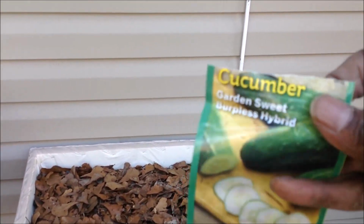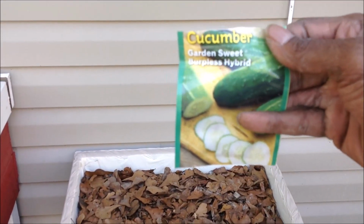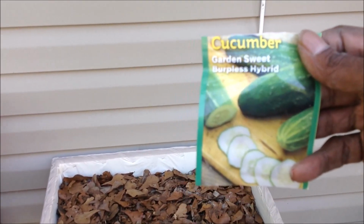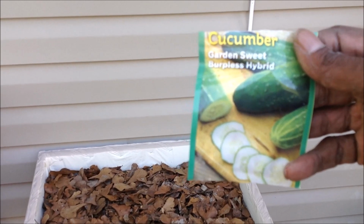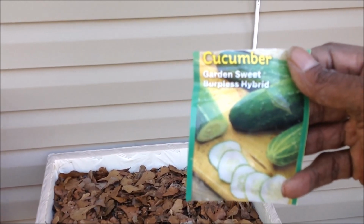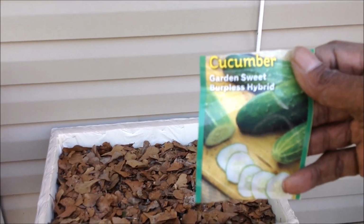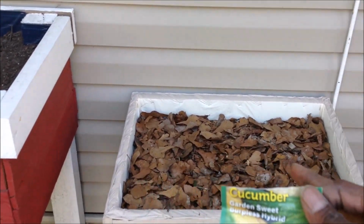So you guys can see it. These are Garden Sweet Burpless Hybrid cucumbers. We also planted these last year. Actually, we planted these in pots last year, and they did very, very well. So we're going to plant the remainder of these guys in a couple of mounds here once we have this